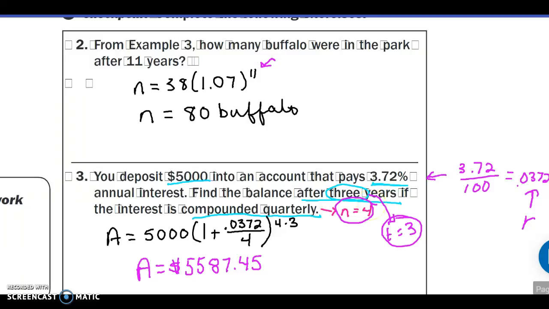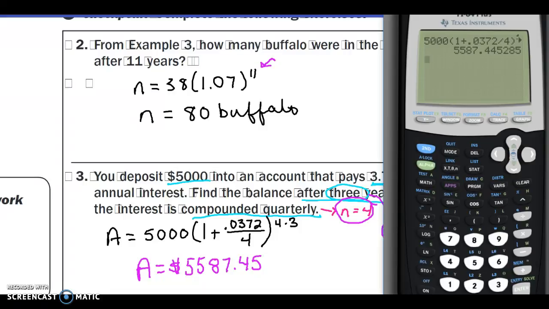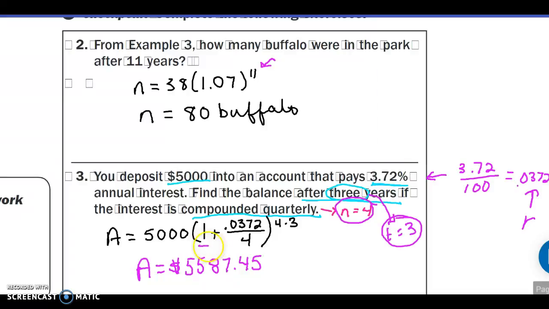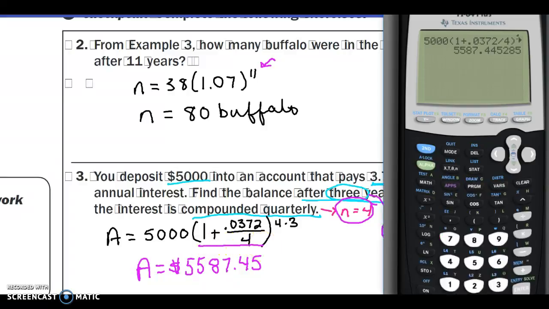So I filled all the numbers into our formula, and then here's the calculator showing how I put it in. And you will notice I did not simplify first what's inside the parentheses. You can leave that in as it is. You don't have to get a new decimal. You can just put it straight into your calculator, and our answer is